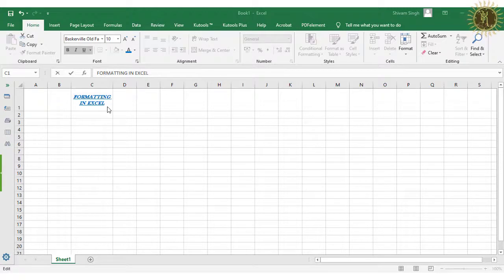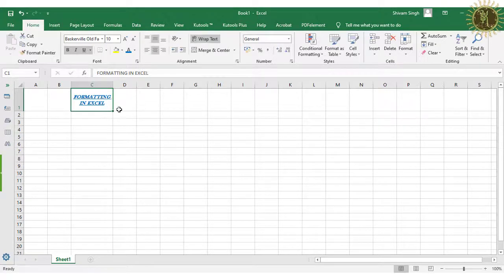Now the next point is merging cells. In merging cells, we combine two or more cells into one single large cell. This large cell is used to insert a long text or to create a heading. There are some different merging options in this. These are the different methods of merging cells.